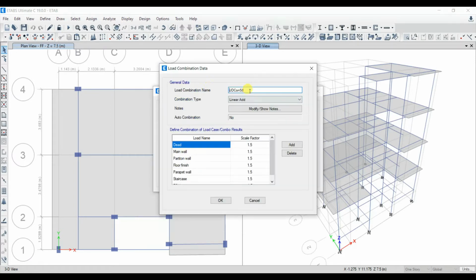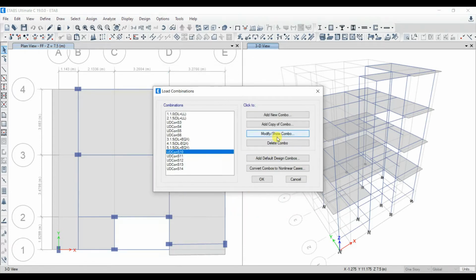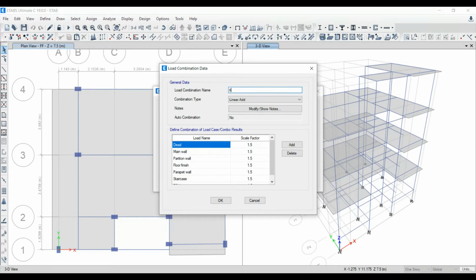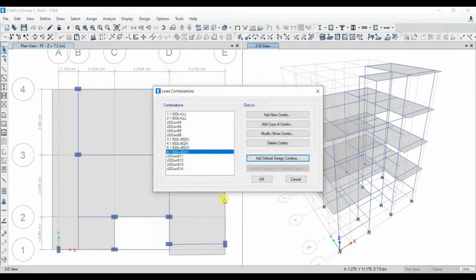Next let's change this one, 1.5 times dead load minus EQX. Give OK. Next this one, 1.5 times dead load plus, this is the Y direction, EQY. See here, positive EQY. Give OK. Next, this is our sixth load case, 1.5 times dead load minus EQY. Give OK. So 4 combinations have been added here.